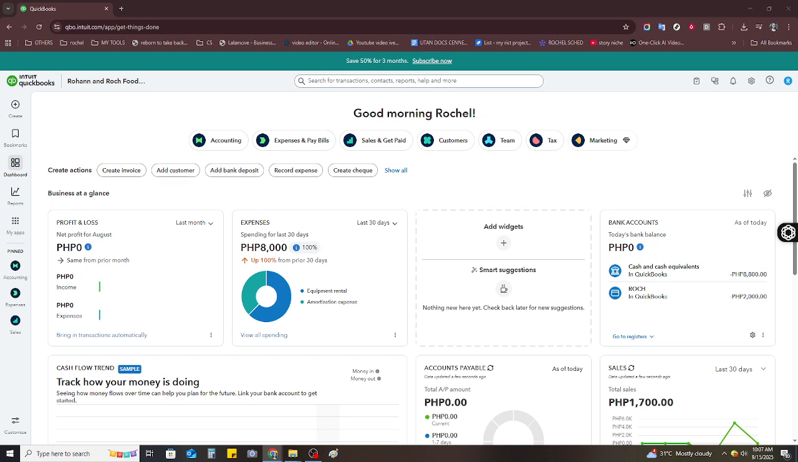First, you need to open Google Chrome or your preferred web browser. Once that's up and running, head over to quickbooks.intuit.com. On the site, you'll need to log in using your QuickBooks credentials. After successfully logging in, you'll find yourself on the home page ready to start the process of creating a sales